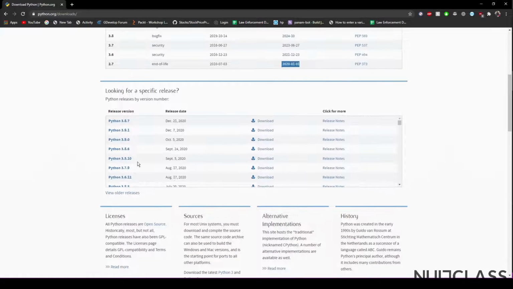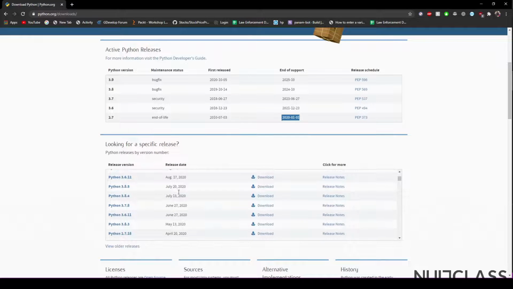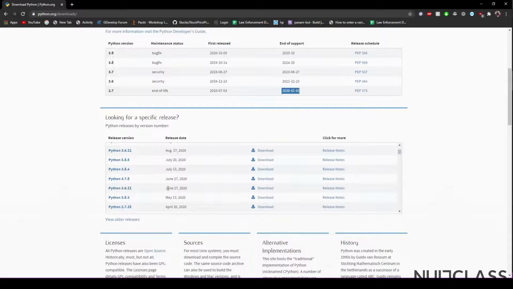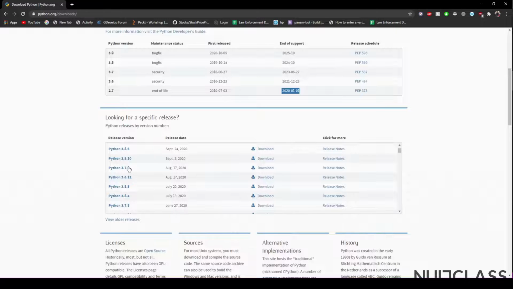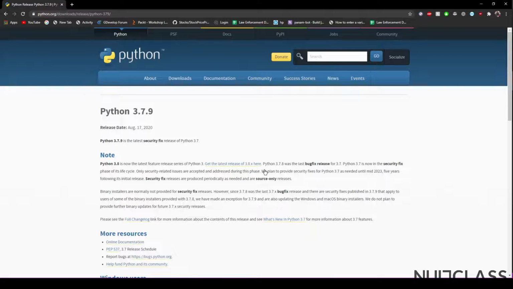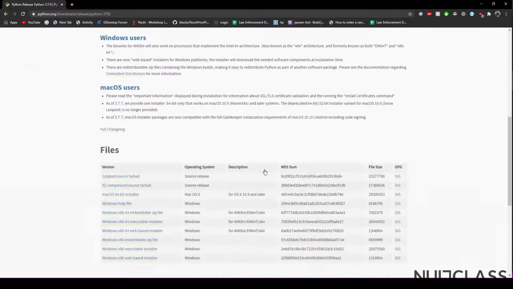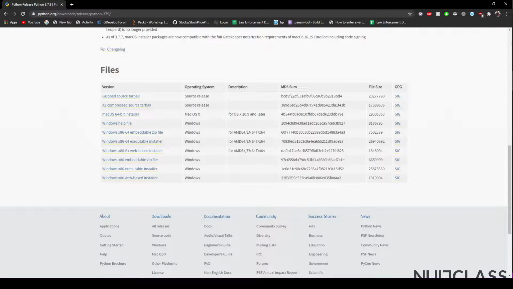In this project, I'll recommend you to download Python 3.7.9, for which you just need to press this download button and it redirects you to this page. Now when you scroll down, it contains a file list with the versions and the operating system description.